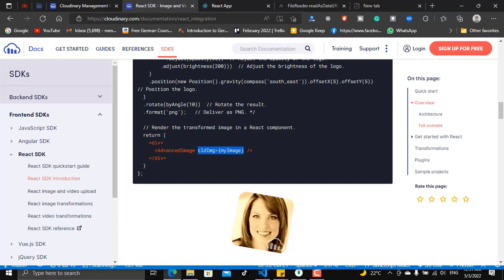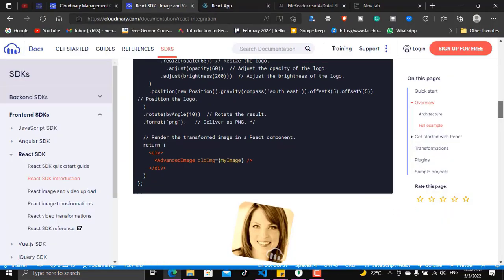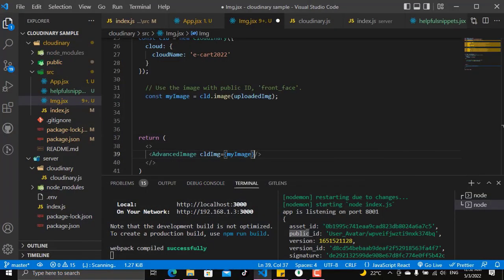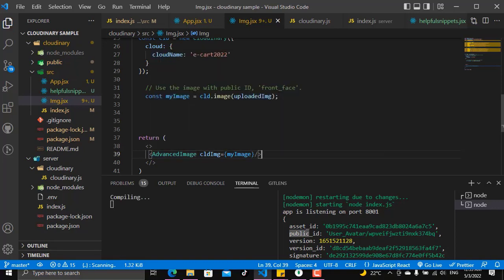Okay, let's understand now what this is. Alright, so the CLD is what substitutes the source. It's just like the source word, and it takes a Cloudinary image, and here is the public ID, which will work as a way to call for the image from the source, and the source now is Cloudinary Media Library. So by giving it the public ID right now, we are talking with the server, please send the image. Let's now put everything like that and save,